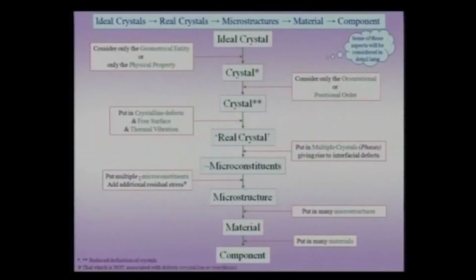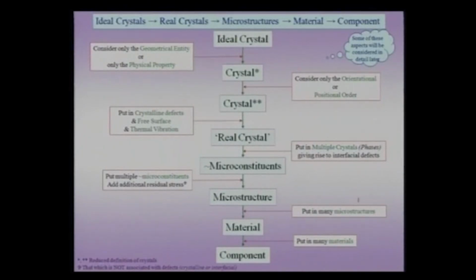This is not the classical definition found in many places, wherein a microstructure is defined as a structure seen at high magnification. So this is a new way of looking at microstructure, but this is a functional way of looking at microstructure, wherein you have micro constituents and residual stress added in. We will also define this microstructure in a slightly different way, compared to this flow diagram, in one of the coming slides. But starting with microstructure,